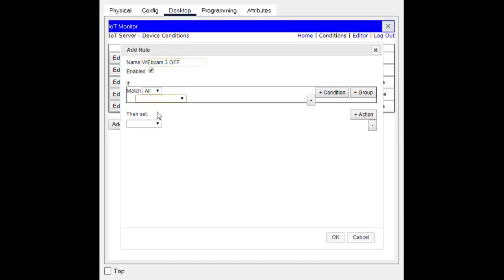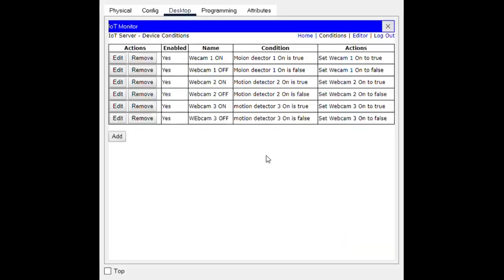In that motion detector is on is false, then webcam on to false. Now we have added all the 6 conditions for webcams, here 2 conditions for each webcam. Now we have to go to the home of IoT monitor.